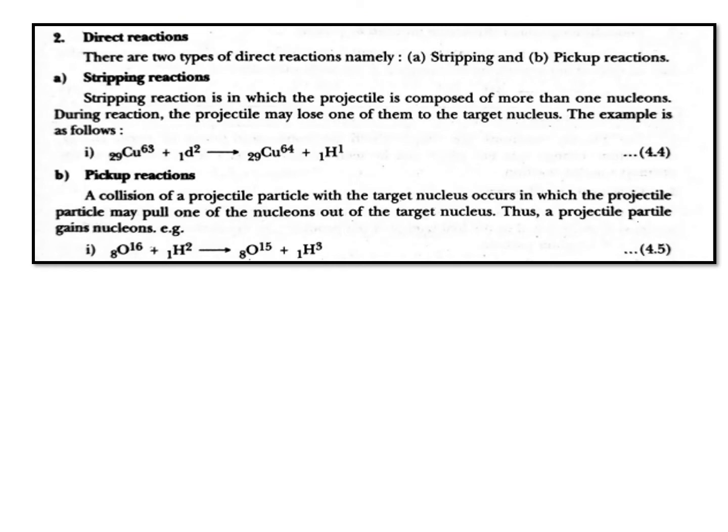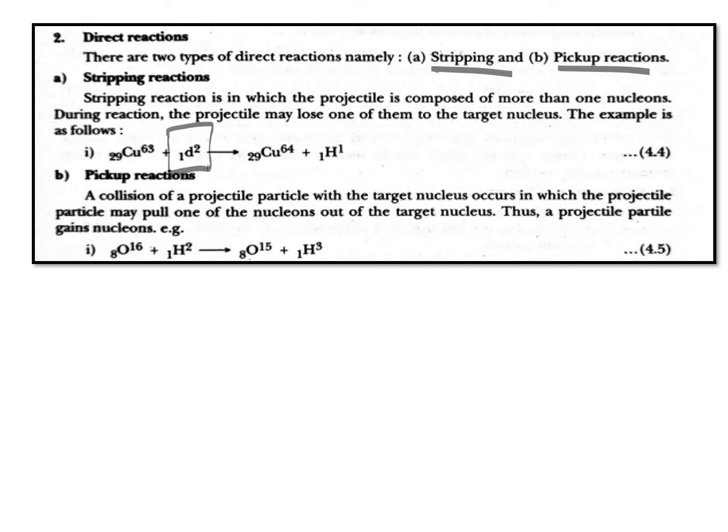Then the second type of reaction is the direct reaction, in which there are two types: the stripping reaction and the pickup reaction. The stripping reaction is, in Marathi, we can say khardun karne. See, this is a deuterium, it has only one proton and one neutron, and when we are bombarding